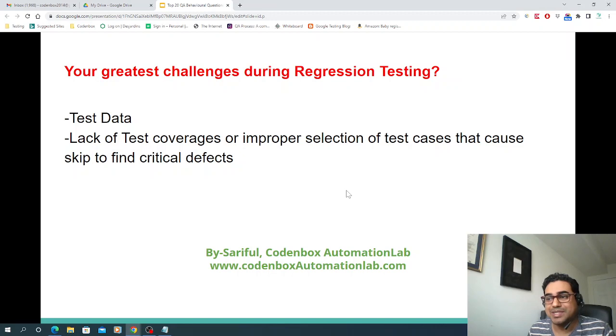So it means this data is very dynamic, which is a big challenge, and for this kind of dynamic data, it's better to keep that part of the automation as manual testing. So test data is a big challenge in regression. And then another one would be